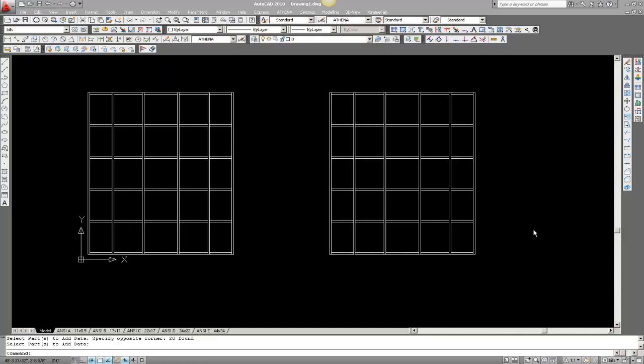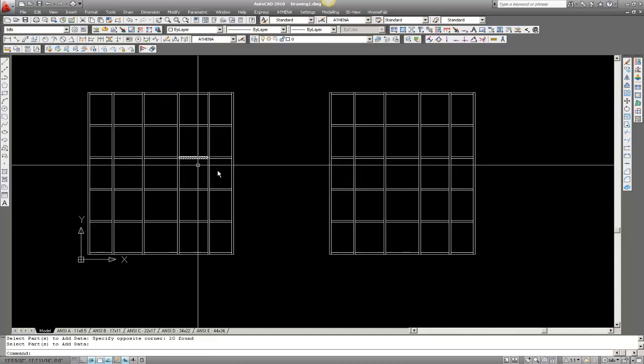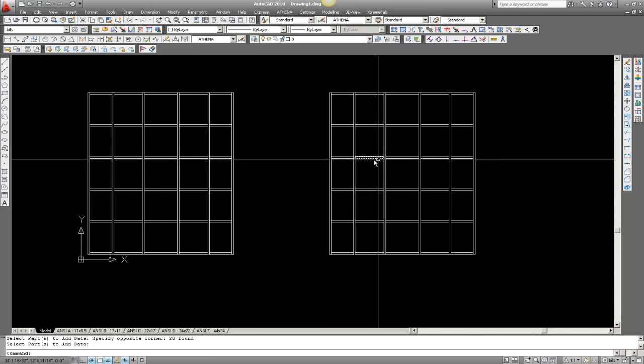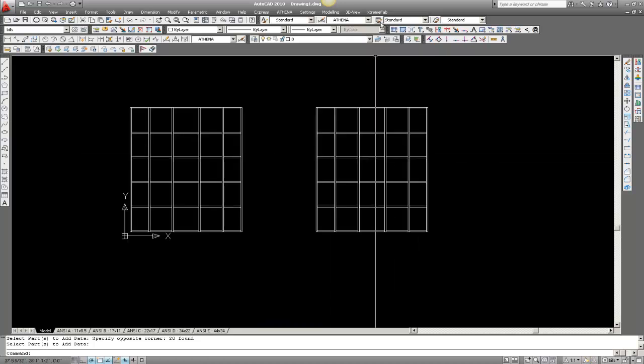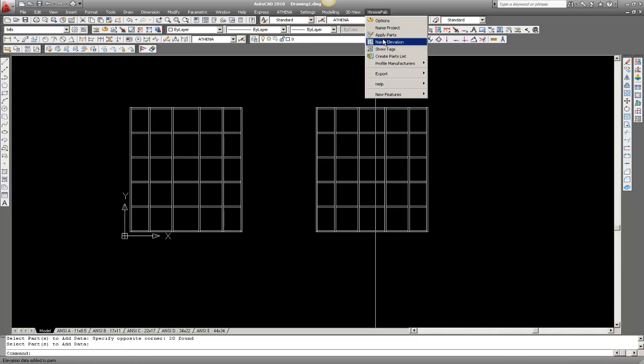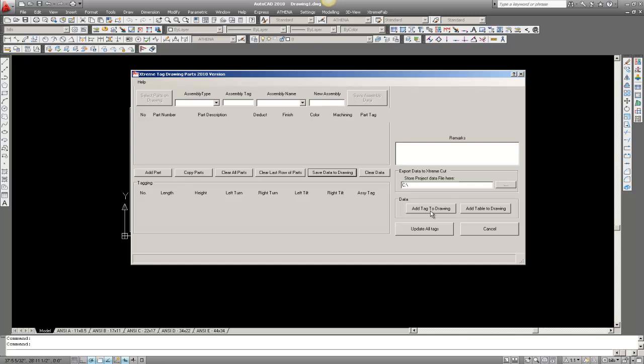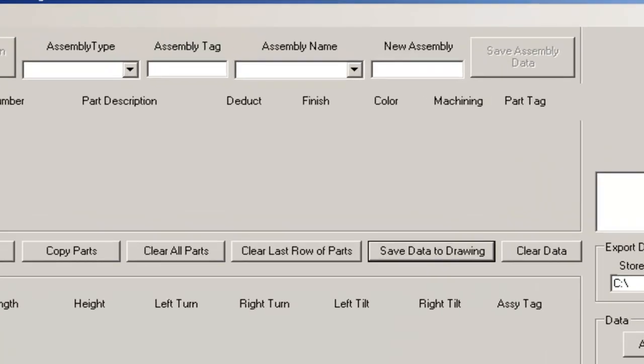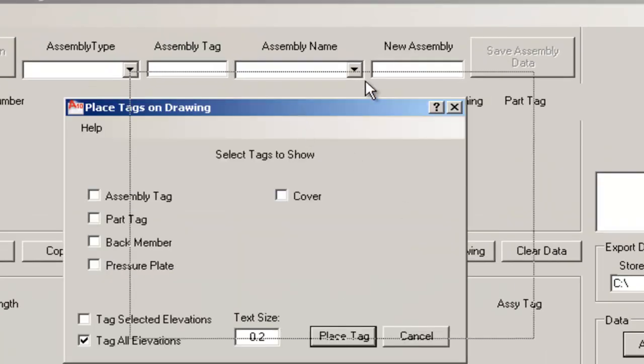So now what I've done is I've saved the data from this elevation over to this elevation. And what I'm going to do now is apply some tags. I can click show tags, or I can apply tags right from the data. What I'll do is add tag to drawing, and the place tags on drawing dialog will come up,